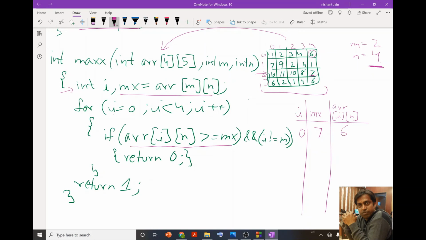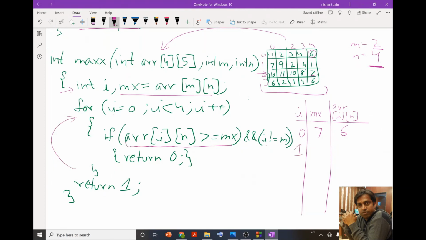Now 6 is not greater than or equal to mx, so this condition becomes false, and I not equal to m, I is 0, m is 2, so this condition is true, but overall we get a false condition. So we are not going to come inside this if, and we go for the next value of I, which is 1.